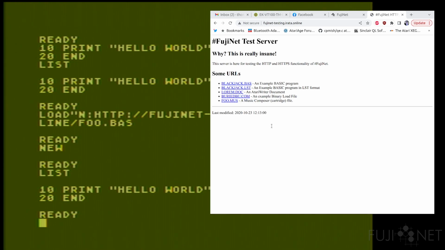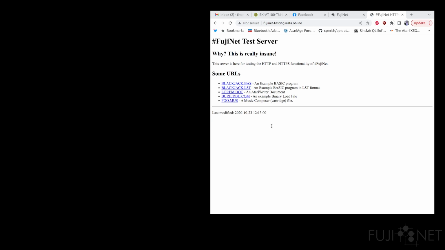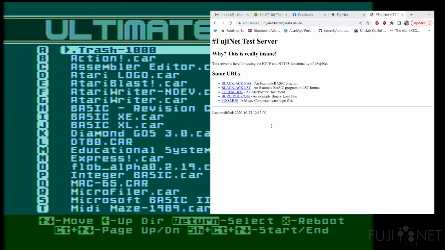For this next bit, I'm actually going to have to do a little bit of acrobatics here. I'm going to hit the reset on my flash card. Where are you? There you are. Hopefully this. There we go. We're going to do a little feat here. We're going to start